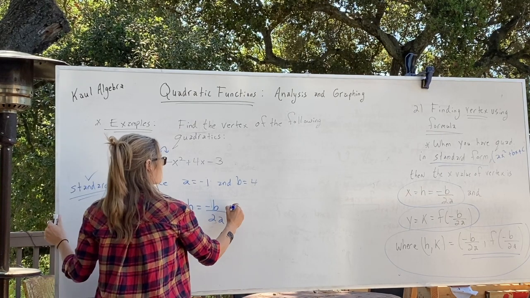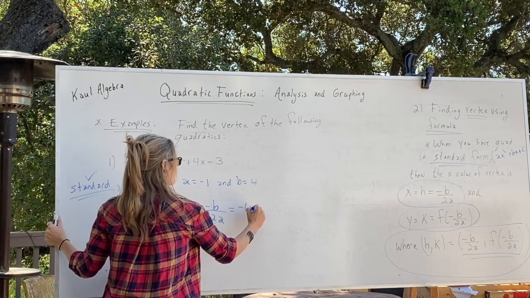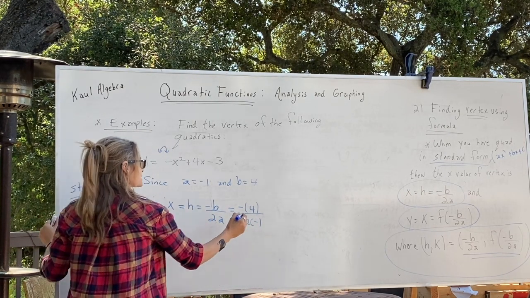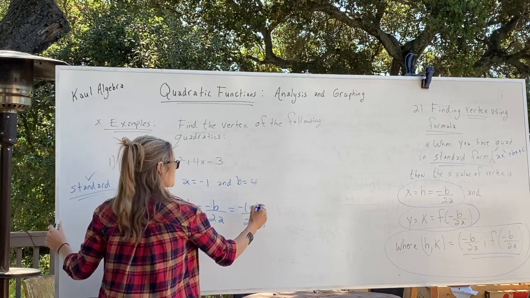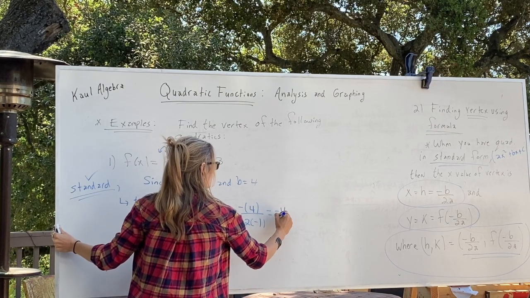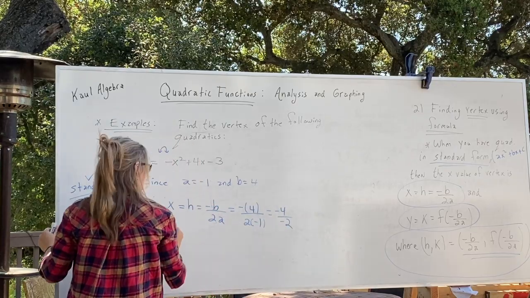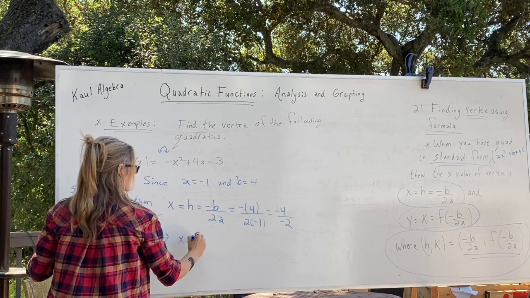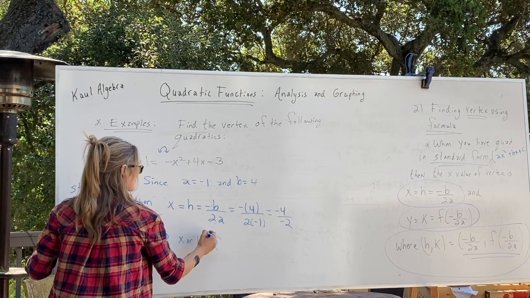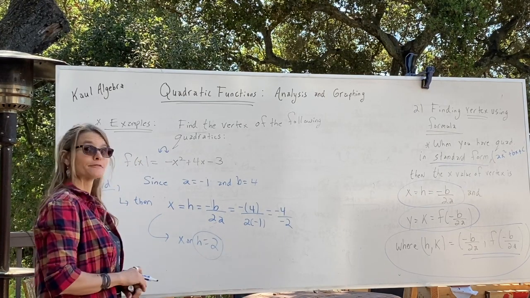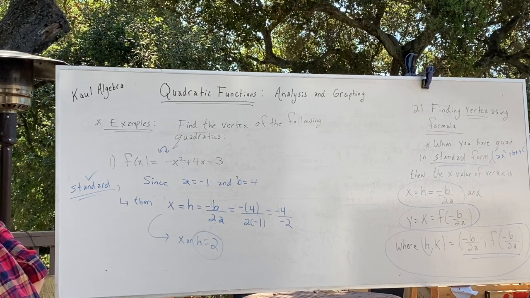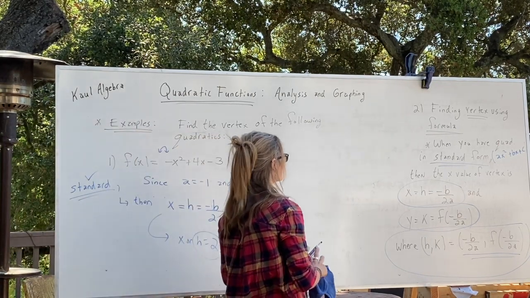In this case, that's negative 4 over 2 times negative 1, which breaks down to negative 4 over negative 2, so x, or h, equals 2. So I have the x value of the vertex. The next step is to